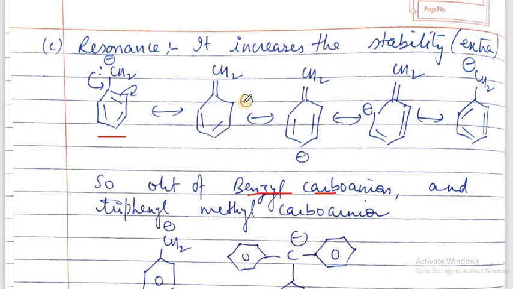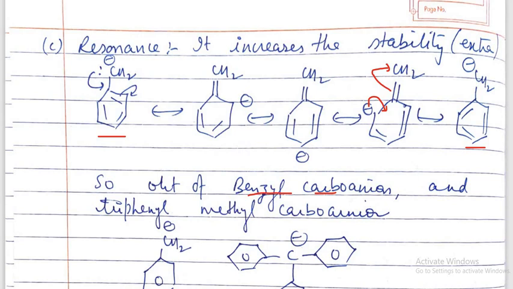Now this charge moves to alternate positions. Leaving this, it will move to the next structure, and then this, and after this it will move to this carbon, that is this structure. And when these electrons come back to the ring and these electrons come back to the carbon, we get the first structure back with alternate positions of double bonds. So these are the various resonance structures of this carbanion, the benzyl carbanion. So the benzyl carbanion is resonance stabilized, so it will be more stable.